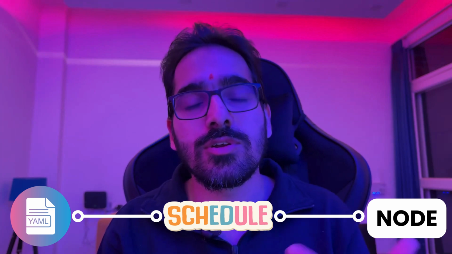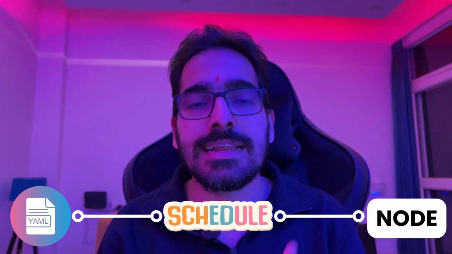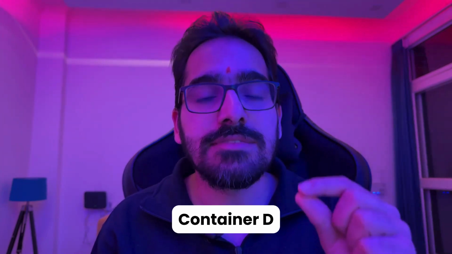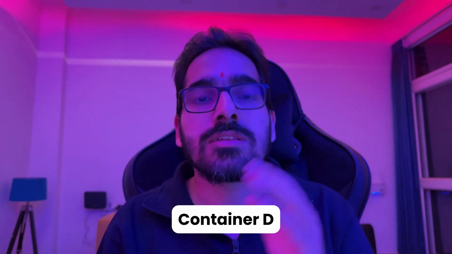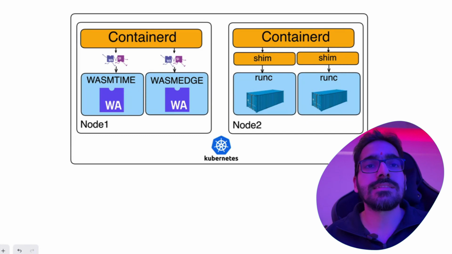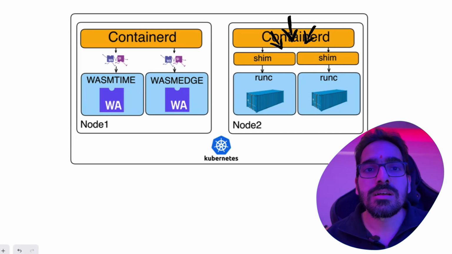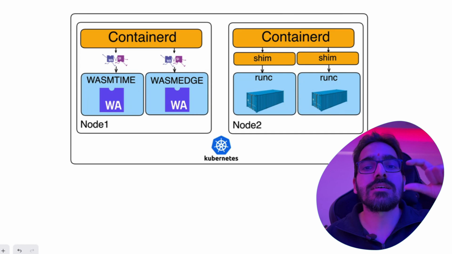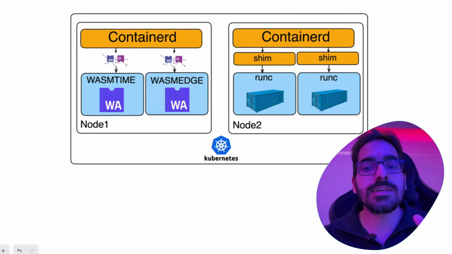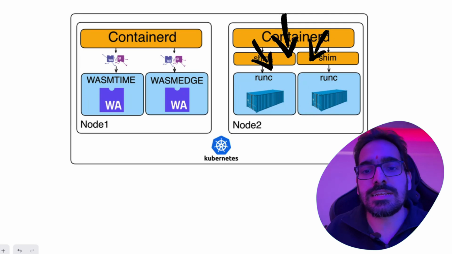When you create a Kubernetes manifest YAML file and you schedule it, the scheduler schedules it on a node and then it runs, and there is a component called containerd which is running on all the nodes. So containerd is the high level runtime. Now the request goes to the low level runtime and there is a component called shim. The shim is in between the high level container runtime and the low level container runtime. The low level container runtime, which you can see on the screen like runc, is the one that will be actually